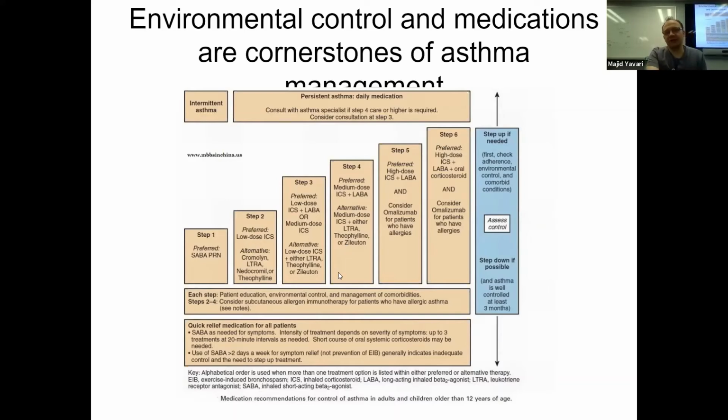And an important thing to think about here is, asthma is a seasonal disease. It is triggered by environment. So if the patient's able to improve their environmental triggers or their symptoms get better, remember to step down these asthma medications if possible. If it's well controlled for at least 3 months, you can go back, peel some medications off,